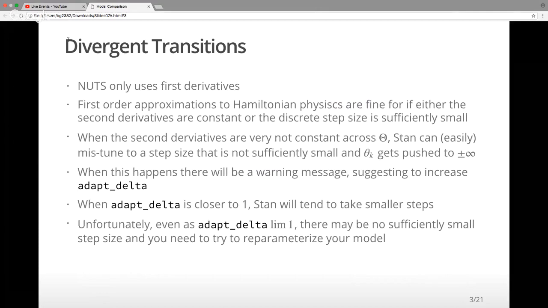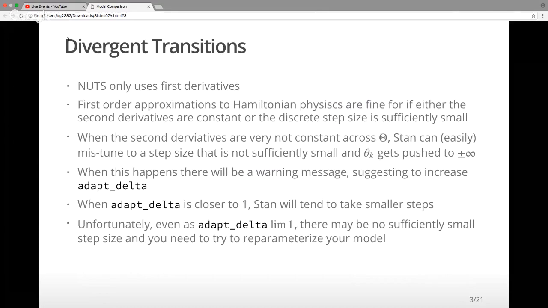Now, remember when we talked that week about what STAN does in Markov chain Monte Carlo, so no U-turn sampling is only using first derivatives. That's sort of the thing that goes along with Hamiltonian physics. And these first order approximations, they're fine even if you're dealing with a curved surface like a posterior kernel, if either the second derivatives are constant, which we can't guarantee because that all depends on the data and the model and everything else, or the discrete step size that is being used instead of continuous time is sufficiently small. And that is what we can